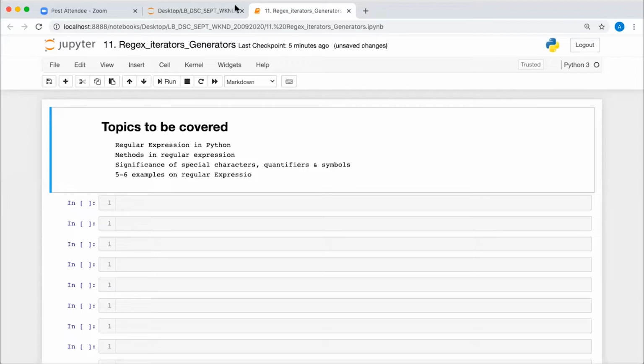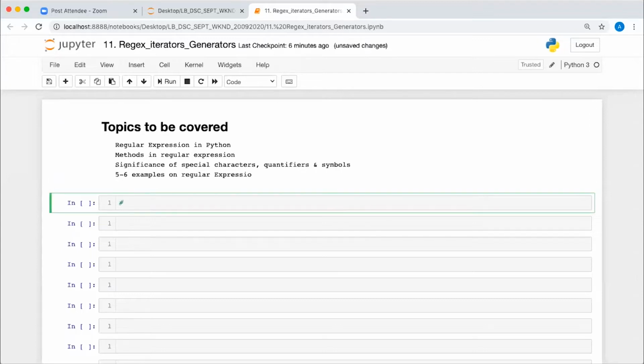So basically what we can understand from here is that regular expression can be used in many cases where you want to do some search or some validation. Mainly it has two uses: one is validation, and the other is finding or searching the pattern. We use the regular expression in all these cases.